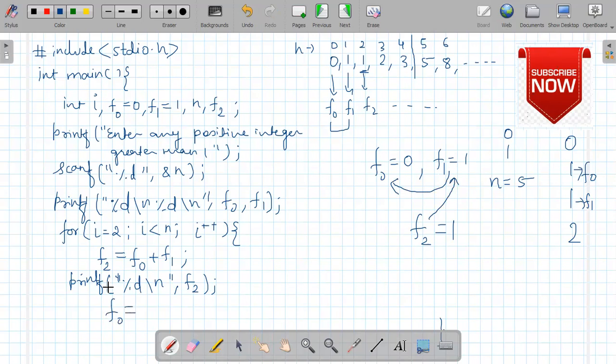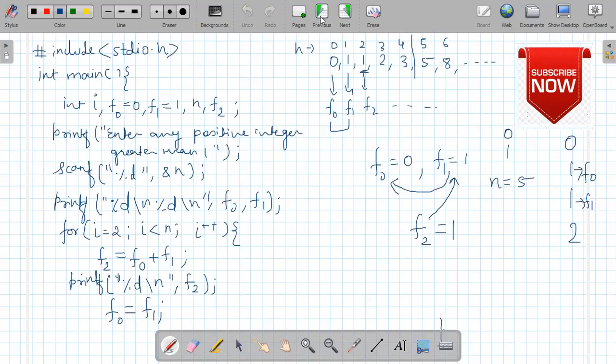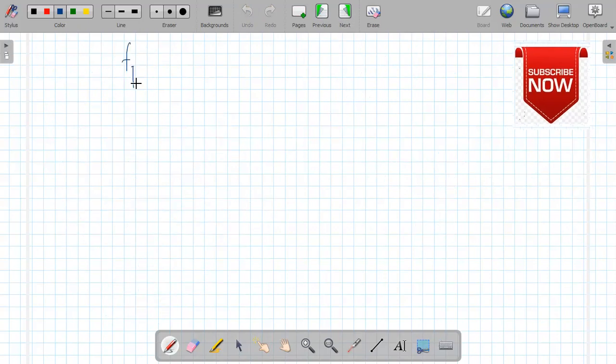So we write here: the new value of f0 is the value of f1, which now gets assigned to f0, and the value of f1 is now the value of f2. The value of f2 will be given to f1.